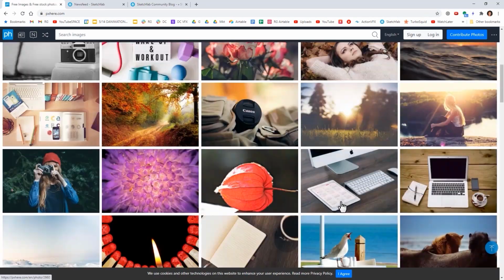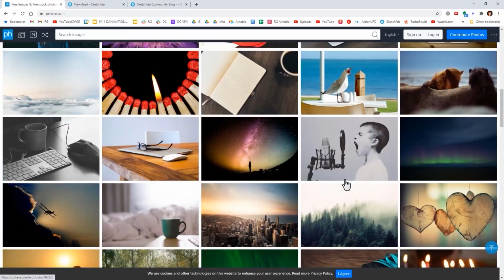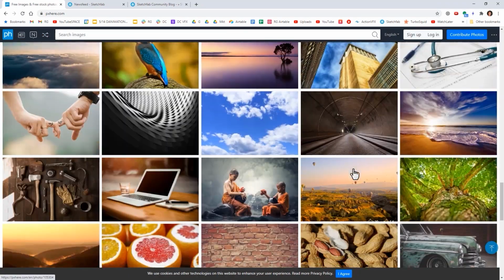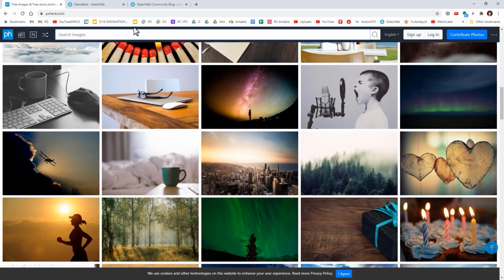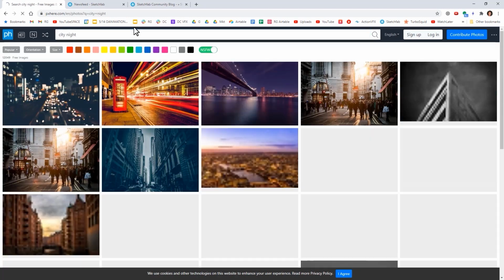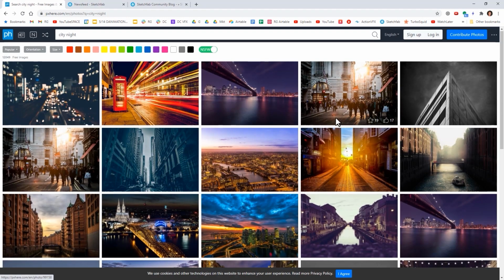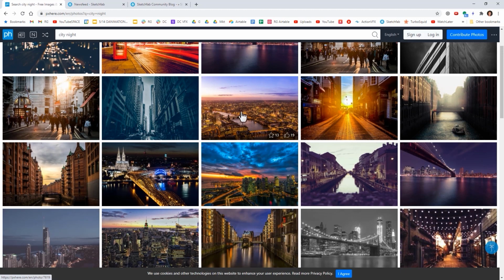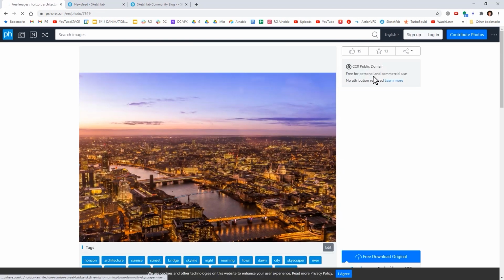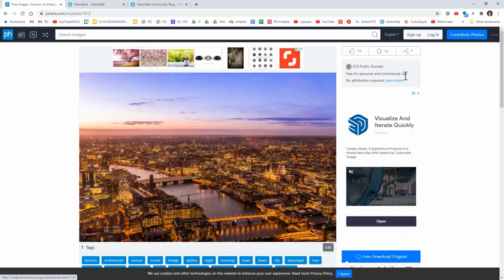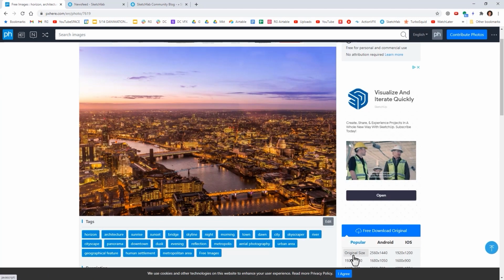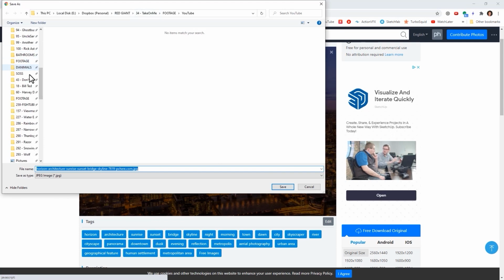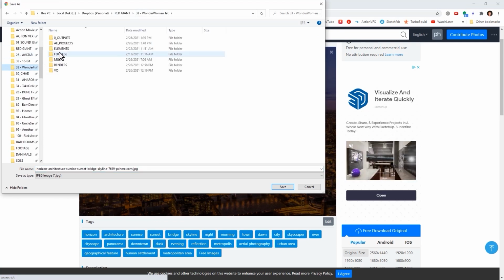A lot of them don't even require Creative Commons attribution. So again, if you're starting out and don't have a lot of resources, this is a great place to start. I simply do something like I'll search for a nighttime city, and then I can get a bunch of really cool options within here. And you'll see that they are free for personal and commercial use, no attribution required, which is great. And I like the look of this one, so I'm going to go ahead and save this file